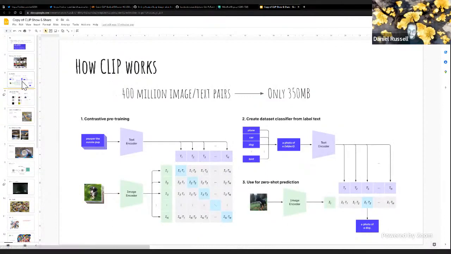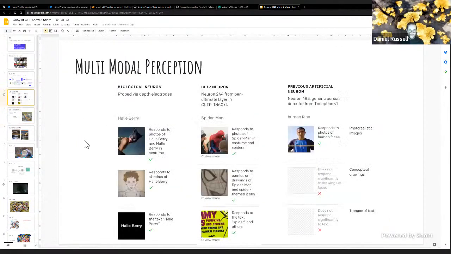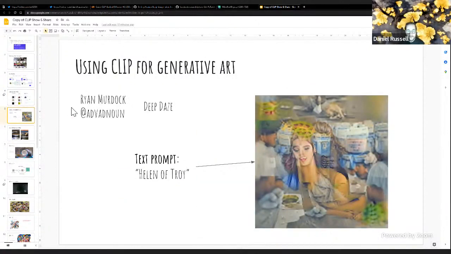So once we have this idea that CLIP just knows these concepts, there was a fellow by the name of Ryan Murdoch. You can follow him as advadnoun on Twitter. Within just a few days after CLIP released, he created a notebook called Deep Daze, which combined a SIREN, which I think is a sort of convolutional pattern network,